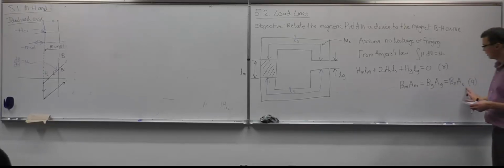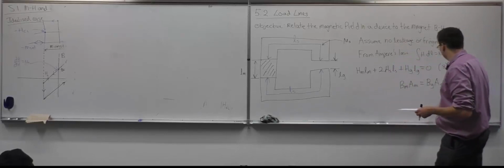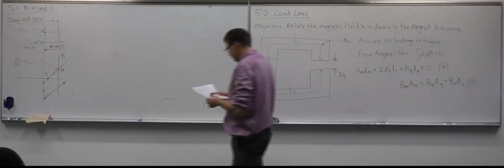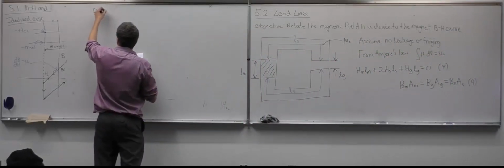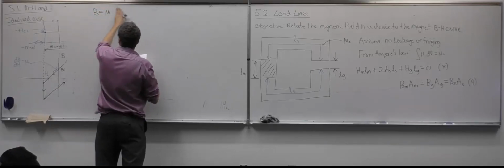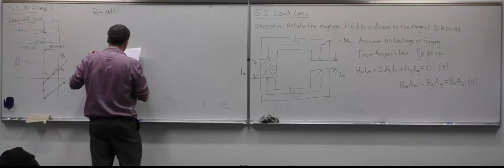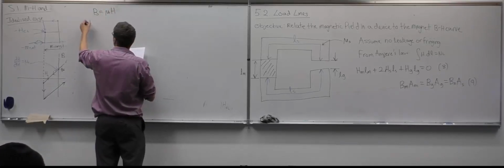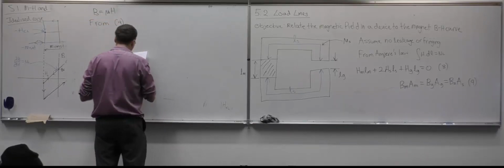So from 9 we can rearrange. So we know that B is equal to mu H. And so then from 9 we can rearrange it